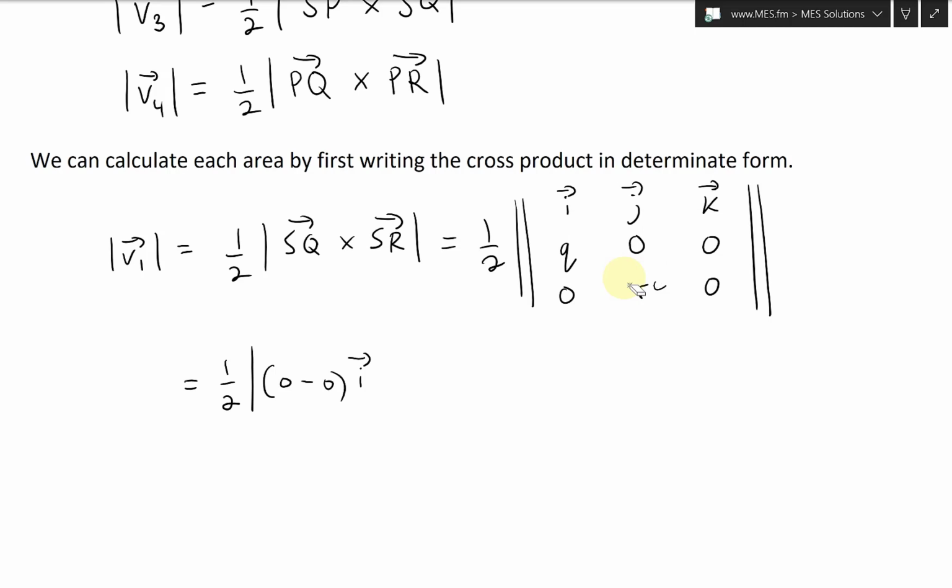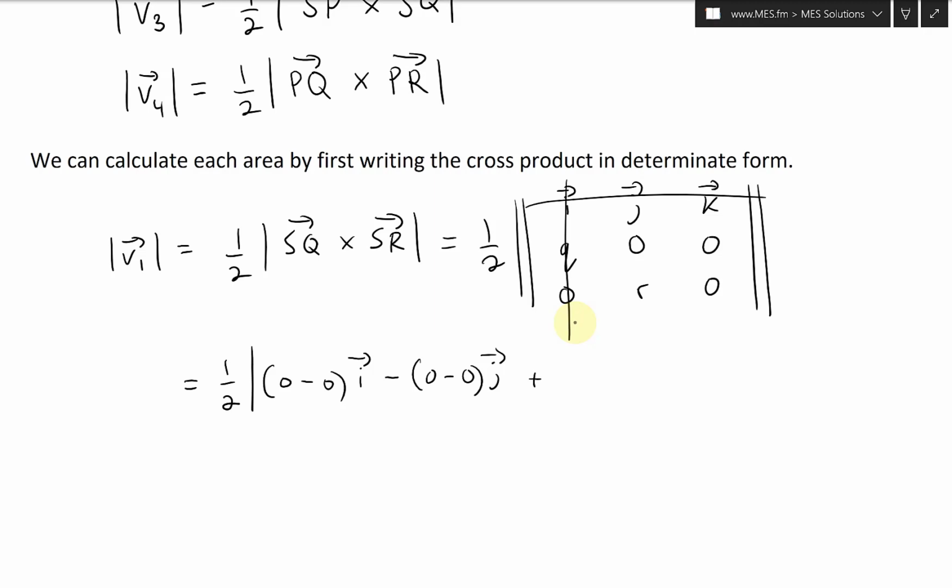Now we could erase this. Now the next one is going to be, well, minus, and then we cross this, cross the center. Now we go Q times 0, and then 0 times 0, that's again going to be a 0 vector. J, like that. And then the next one is going to be, well, let's erase this. We'll cross this, cross that. And this is going to be